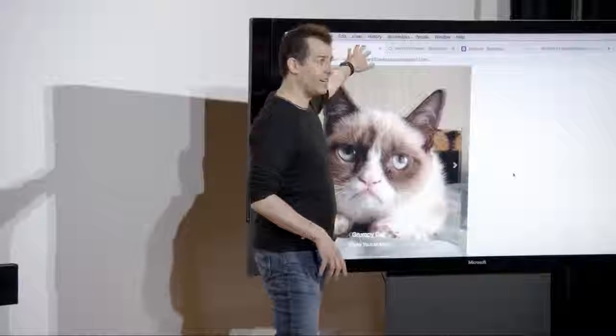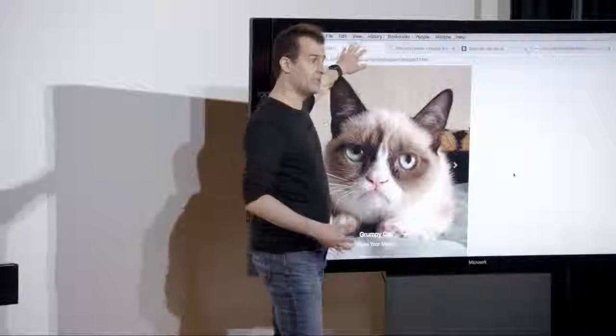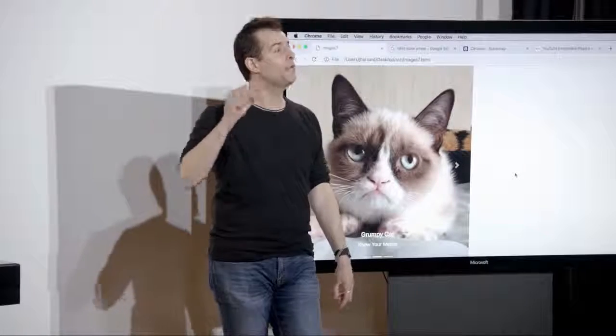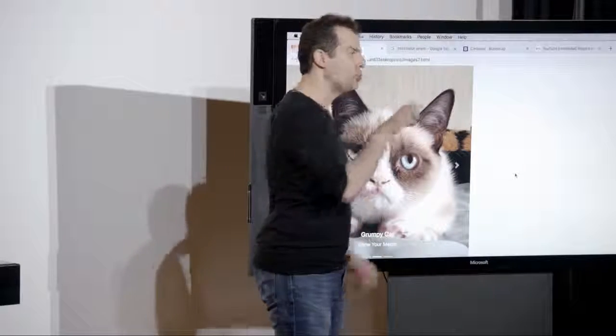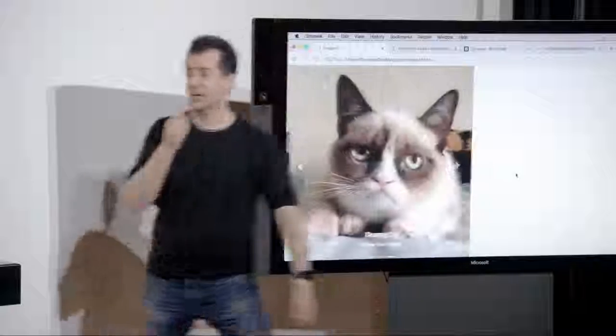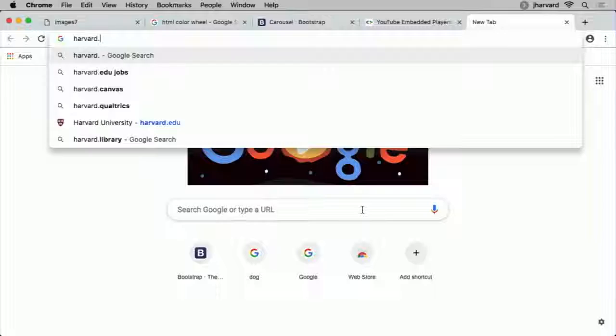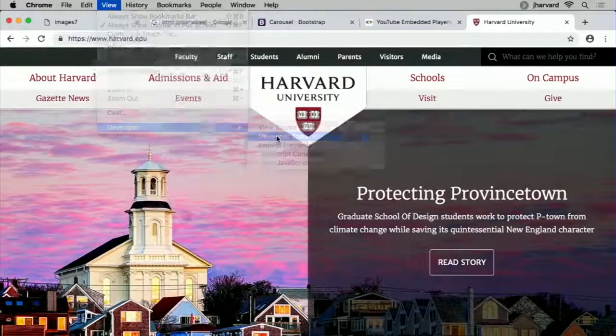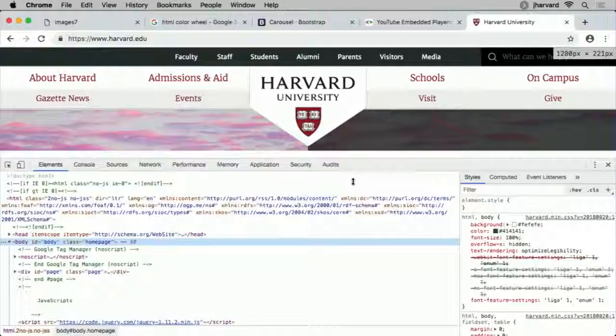You can go to any website now that you've been going to every day until today, go to View, View Source, and you can actually see how it is they built that. Or go to Developer Tools and actually look at the HTML. And just case in point, if I go, for instance, to harvard.edu, and I pull up View, Developer Tools, you'll notice if I shrink this a little bit,